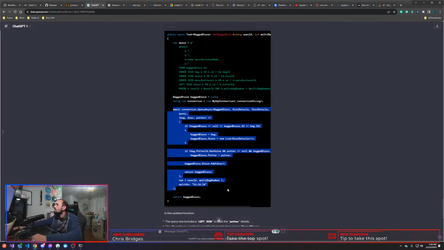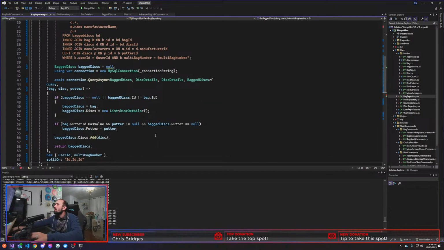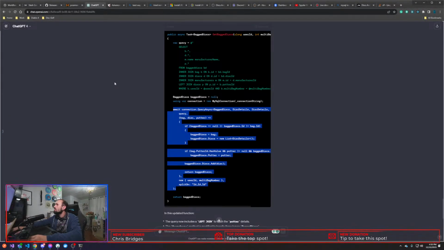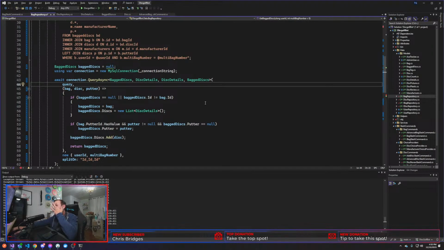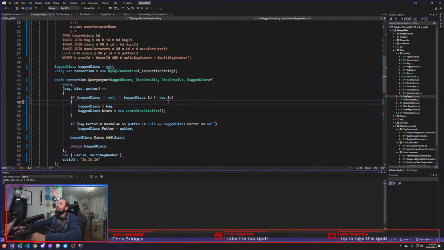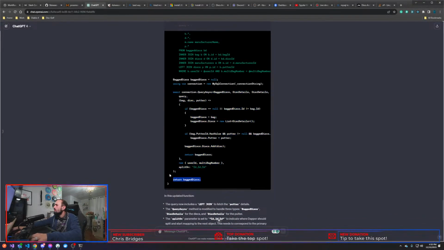And then instead of editing it, I'm not going to look at anything in here. I'm not going to do anything about it. I'm just going to literally copy this and paste it. All right. And then we're going to just see if it works, which it doesn't, because lookup doesn't exist anymore. So in this case, I just need to return bag disks,